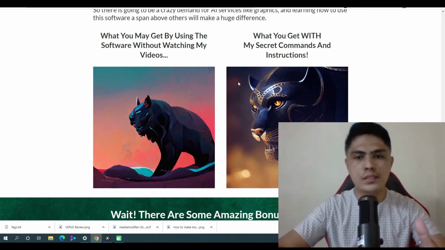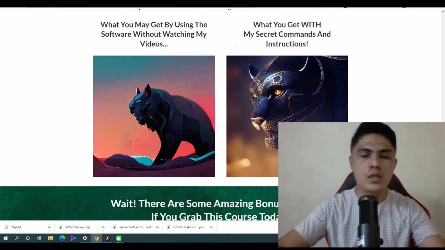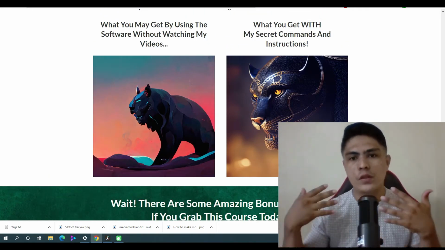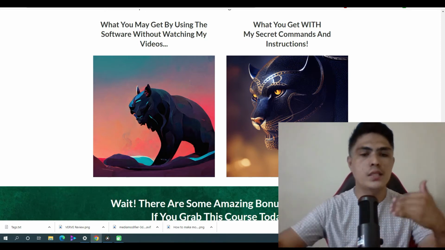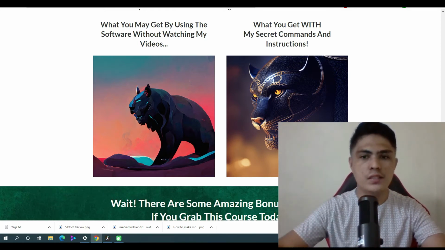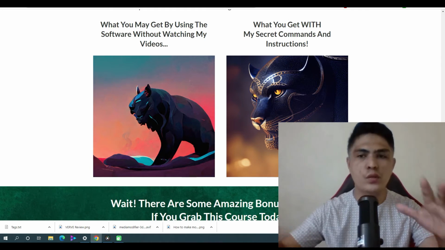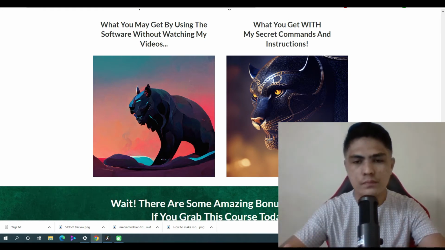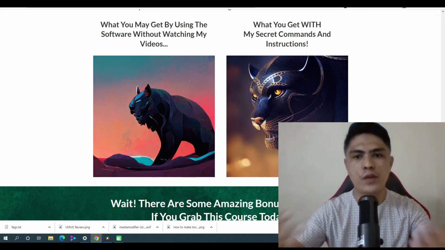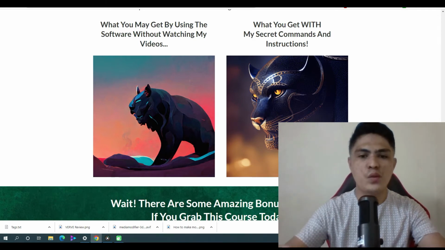And you can create this, guys, just by using a command, just like I said, just using a combination of commands, and you can produce these out of this world images, guys, in just a blink of an eye. You basically watch the software in front of your eyes doing its magic and turning your imagination into reality.